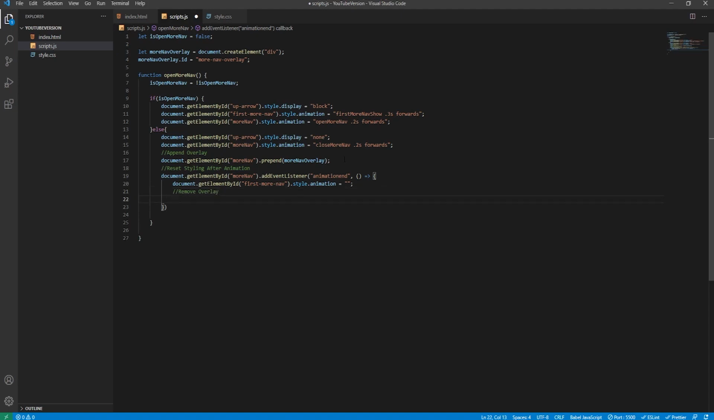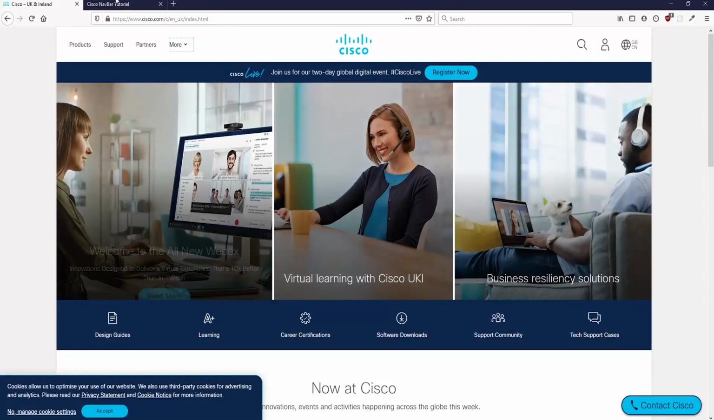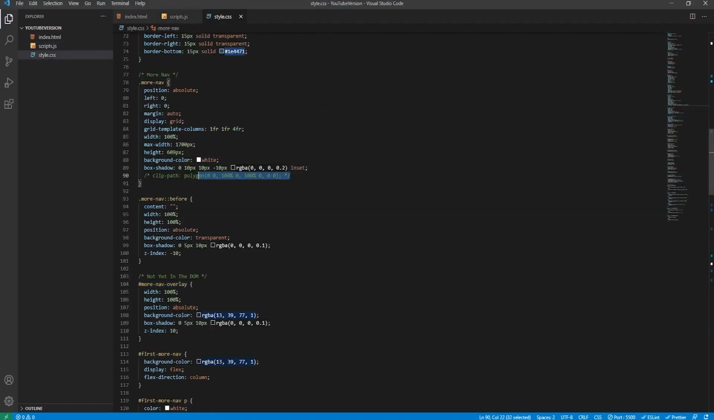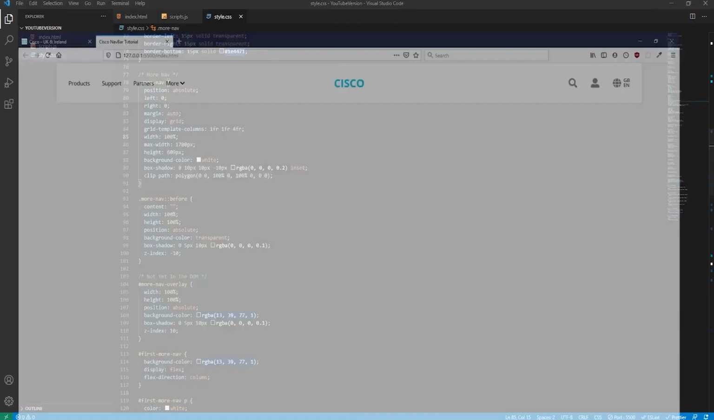Remove overlay, because that is what we're doing, and then we'll say document dot get element by ID. What is its ID? Well, that's its ID. More nav overlay, and then remove, so remove it from the document object model so it can be re-added upon closing animation again. And now if all is well and good, then when we go to our, okay, actually wait, no, sorry, we need to uncomment this clip path on the more nav,